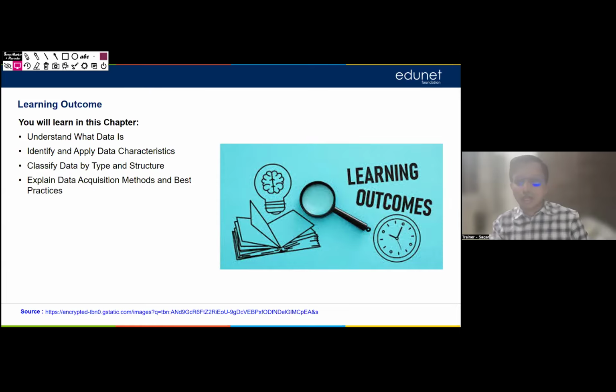And last is data acquisition. Right now, acquisition in a very generic term is collection. What are various data collection methods? From where do we collect data? For example, if I ask you all, right, or maybe some of you can answer. If I tell you to create a presentation,